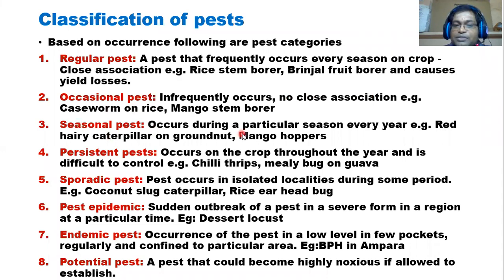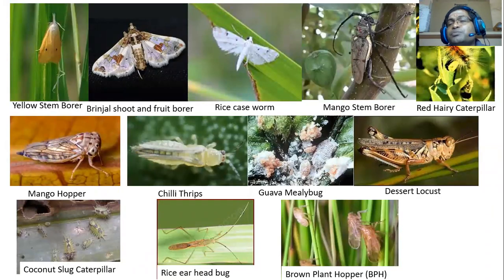The third one is a seasonal pest. Seasonal pest means that after the onset of the season, the onset of monsoonal rain, you can expect certain lepidopterans, especially the red hairy caterpillar in groundnut cultivation. This is a very big problem in southern India and some parts of northern India, especially Bihar. Even in the Mullaitivu district, a few years back, we identified this red hairy caterpillar in groundnut cultivation. Immediately after the first set of rainfall in the monsoon, the next week you can expect this caterpillar.